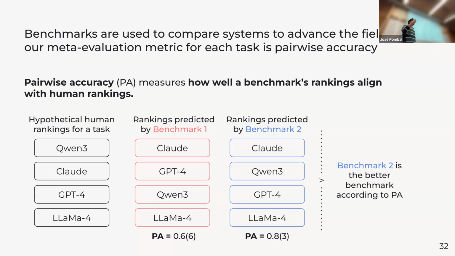Because it predicts system rankings better than other benchmarks, which is another way of saying, if I found 2 models in the wild, this benchmark would be better at telling me which model is better than benchmark 1. That is essentially the main challenge in model development, where you're trying many things. You're trying to train your model in many ways, and you want to understand which one works better. That's essentially the basis of how you do this. So this is our metric to tell if a benchmark is better than another.